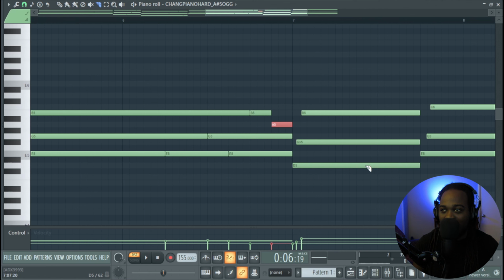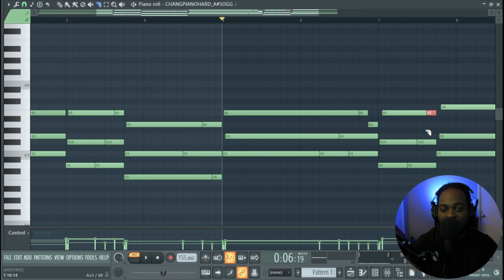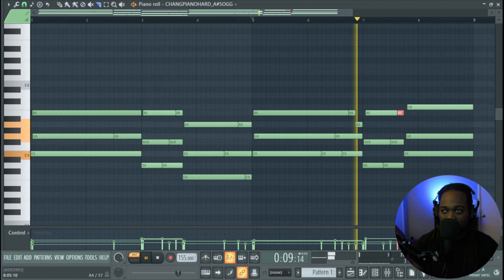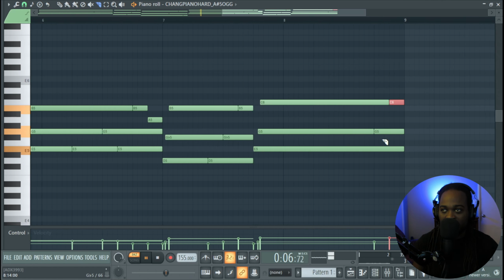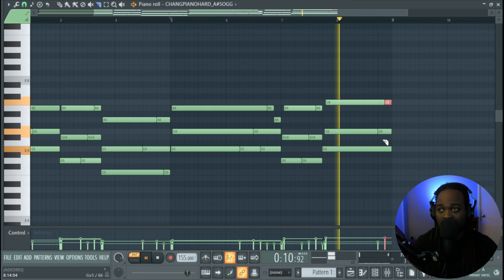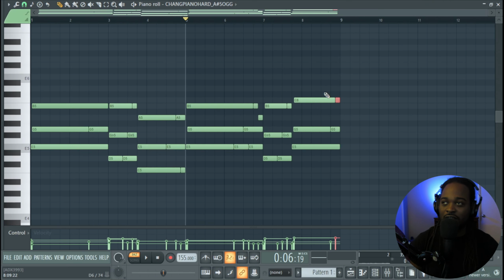So we'll just cut it the exact same way. We'll do this, this, and this. Just kind of give us some sort of repetition. And then we could just cut this one here and cut this one here. And that's pretty much a melody, and now we can just kind of adjust some of the volumes on some